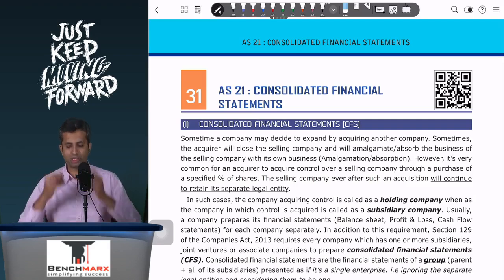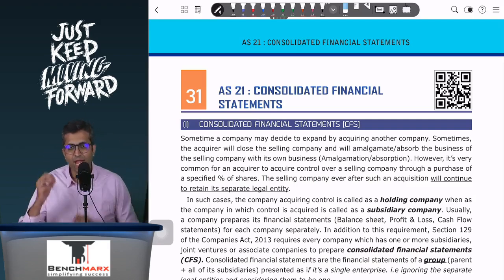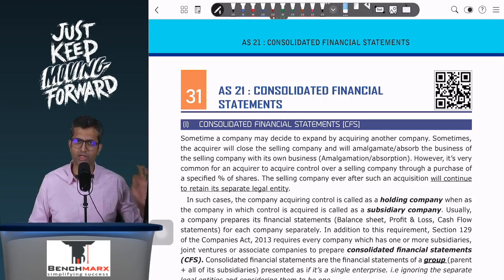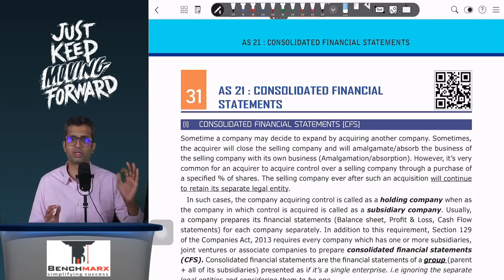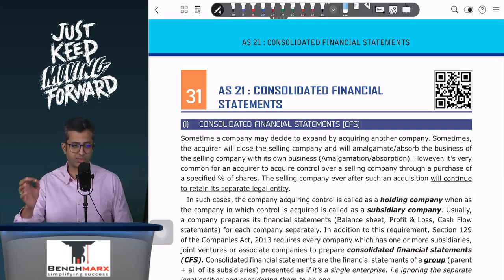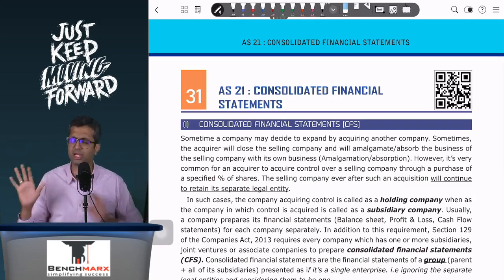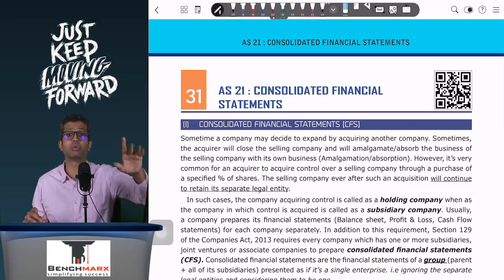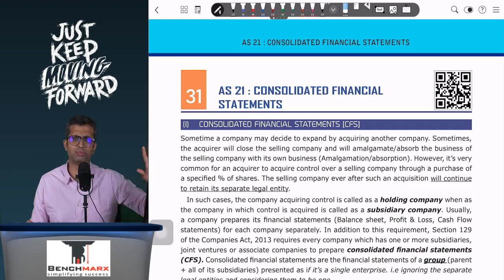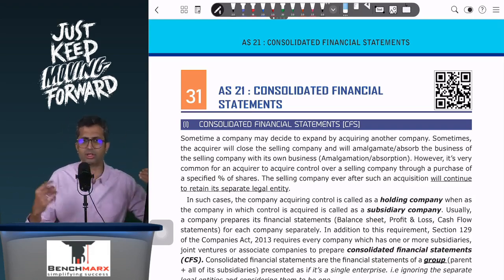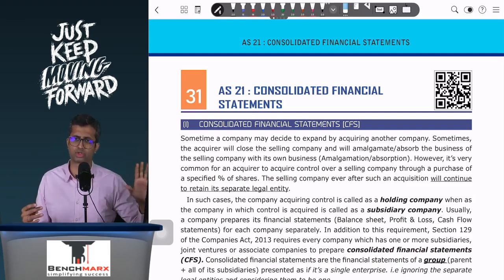Usually, if you have a company, for example Reliance, and Reliance has a 70% investment in Reliance Jio Limited, then in the separate or standalone financial statements, it is the statements of Reliance and Reliance alone. Hence in those statements, I will show the investment in Jio as a separate line item. That investment will be recorded as per AS13. Usually these are long-term investments and hence they will typically be shown at cost. However, if it is a current investment, you show it at lower of cost or fair market value